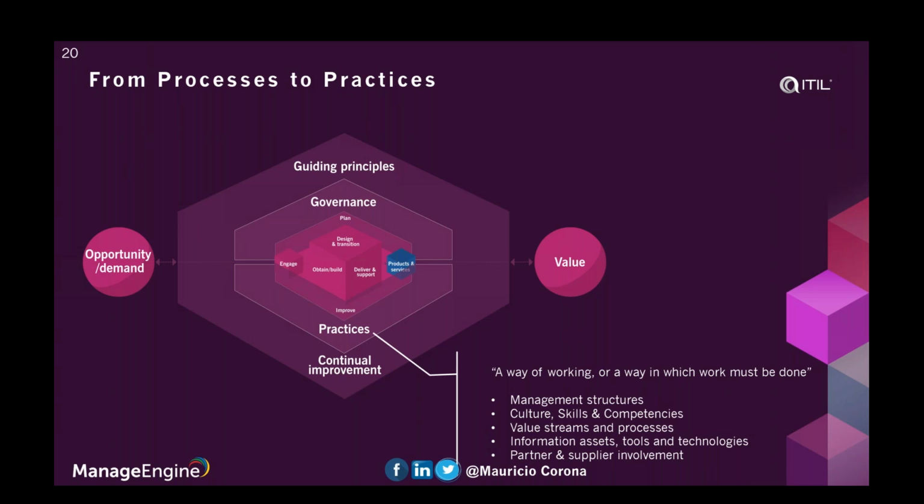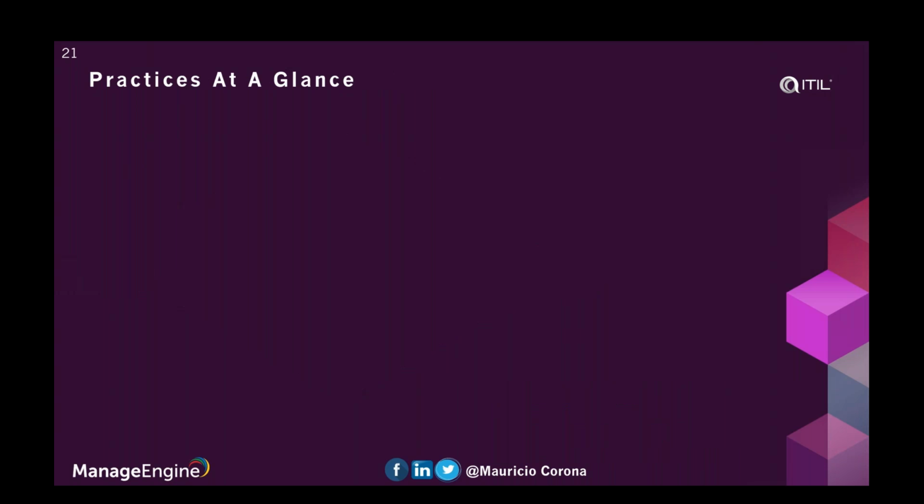Information assets, tools, technologies in order to enable the processes, and of course, all of them are very important in order to execute practices. And that's one of the key things that, for example, people from ManageEngine have been working on. And we will discuss later how a tool can actually enable and automate these kinds of processes. So it's really important to see that the practices are the ones who really underpin the service value chain through service value streams.